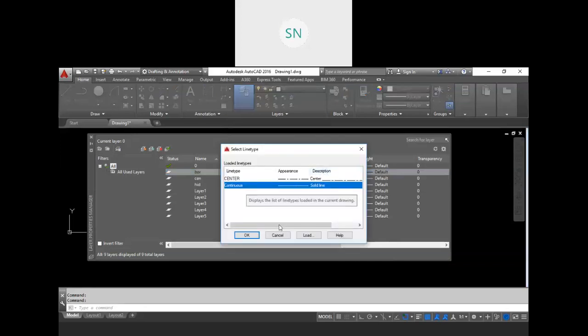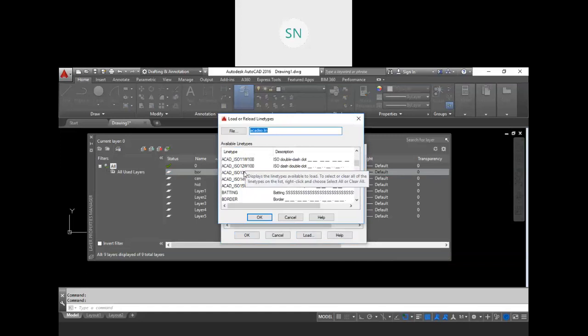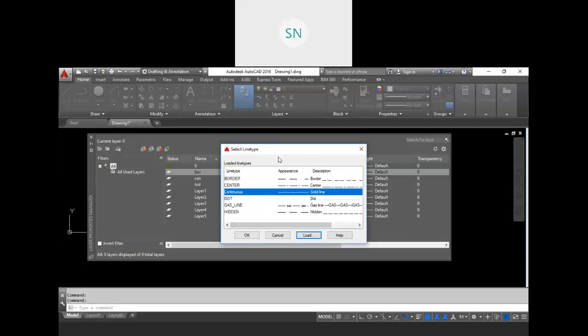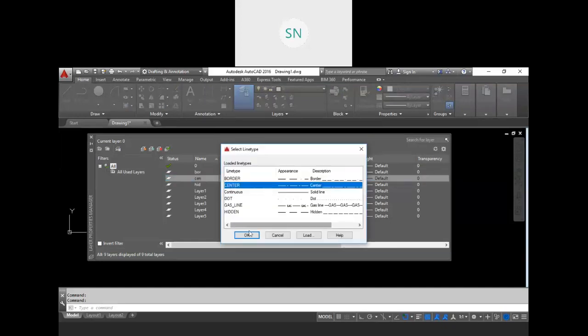Then also line types. Let me load some line types first. This border, this center we already have. Then dotted one and hidden one, this one. Okay. For this border, we will choose this border line type. For the center lines, we have the center line type.